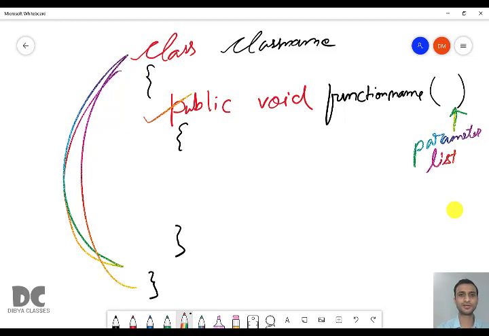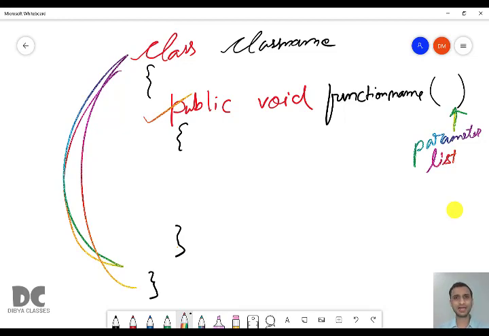This is a function, and this function will also have curly brackets. Whatever program you write in class 9 will follow this same rule. First you write class, then the class name, then curly brackets, then public void, then the function name, then the parameter list. I will let you know what to write in this bracket. Then curly brackets open, end of curly brackets of public void, end of curly brackets of class. All the class 9 programs, and also class 10, will be following this syntax.